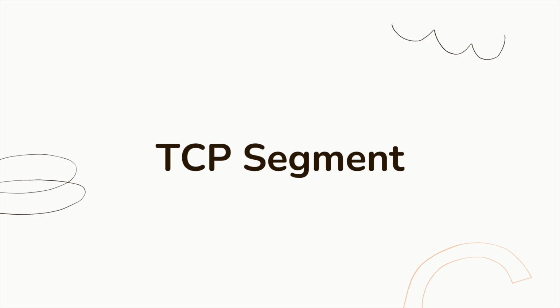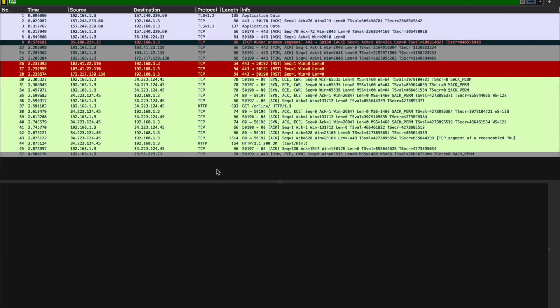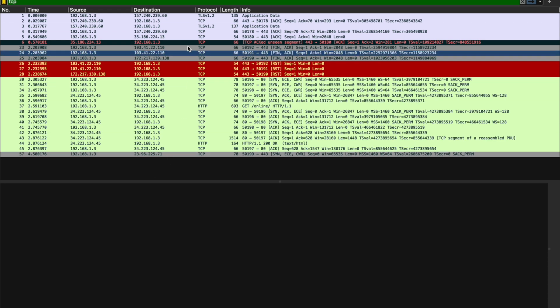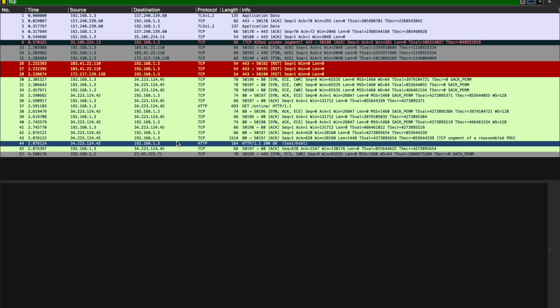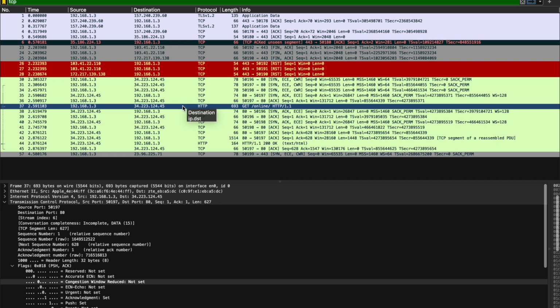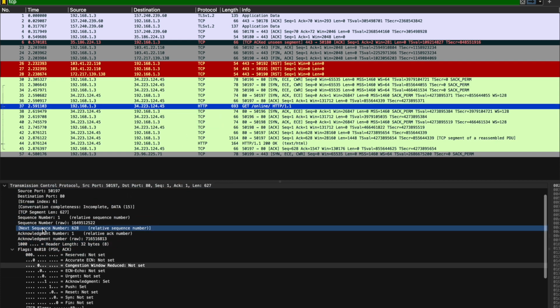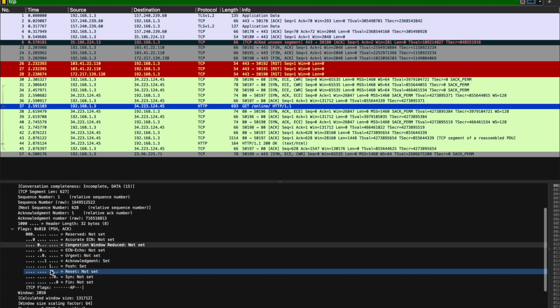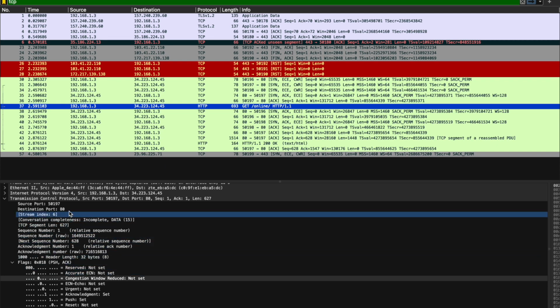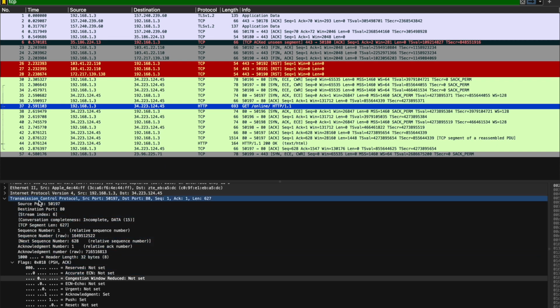Everyone, in this video I will explain the TCP segment. First of all, let's go to Wireshark and see how TCP segments actually look. I've captured all these packets using Wireshark, and when I click on any packet, you can see the information available about the TCP packet under Transmission Control Protocol, like the